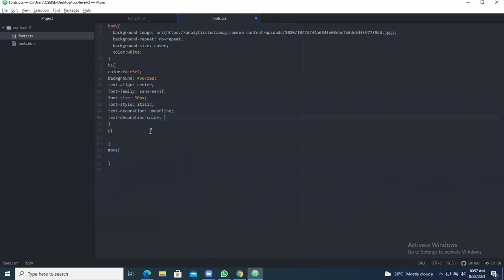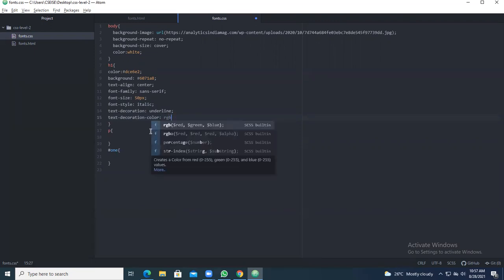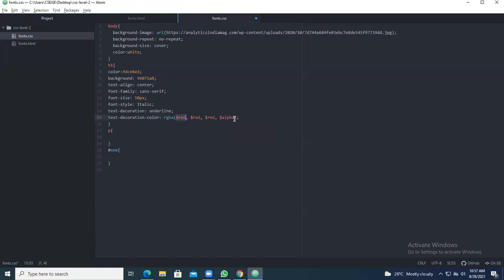So decoration color, you can give in RGB format. Each value will range from, so you give some values.